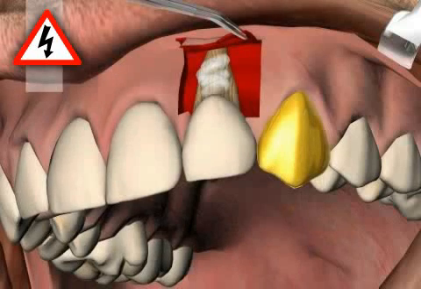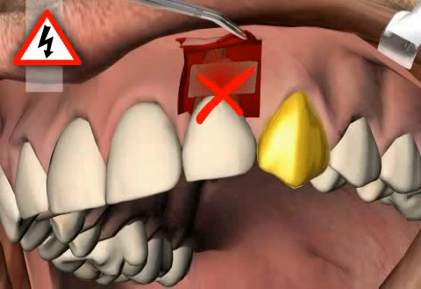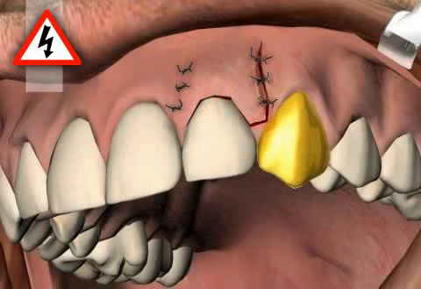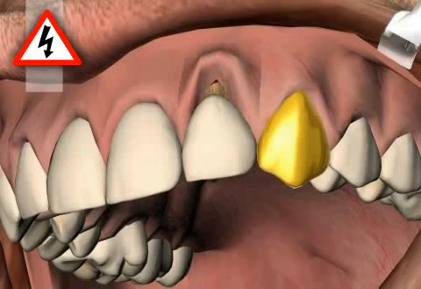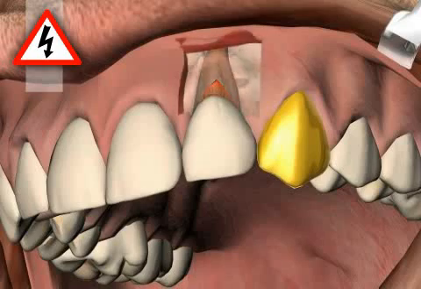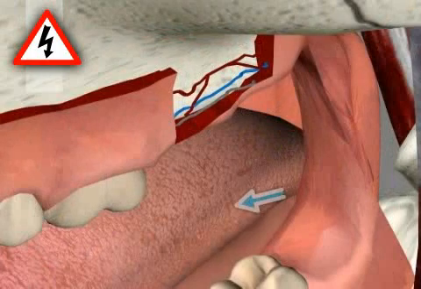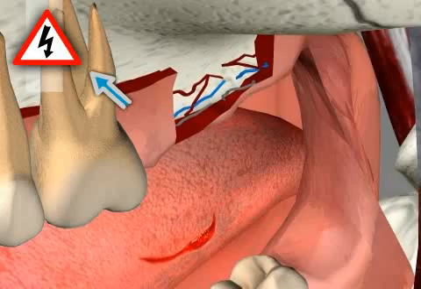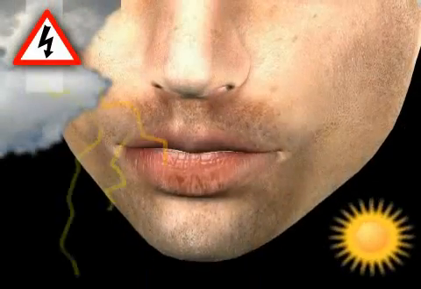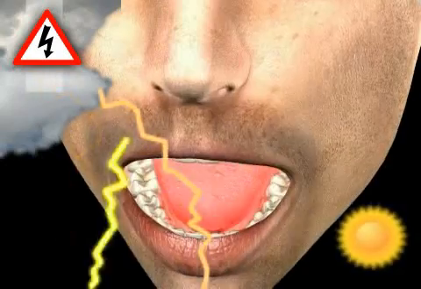Some examples include no transplant regrowth, which leads to loss of transplant. Wound infection, which can also lead to loss of transplant. Even larger gum or bone reduction caused by wound infection, which can lead to the loss of teeth. Bone infection, osteomyelitis, injury to surrounding structures such as the tongue, cheek, nerves, blood vessels, neighboring teeth, and tooth roots, as well as other related consequences. Weather sensitivity, and scar formation.